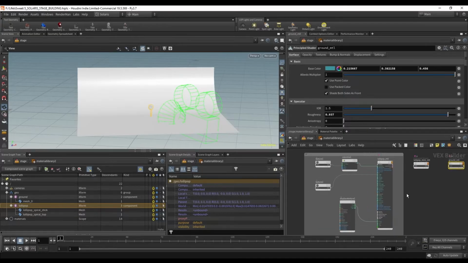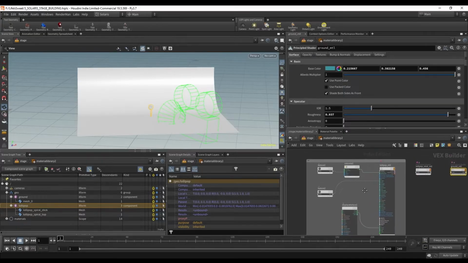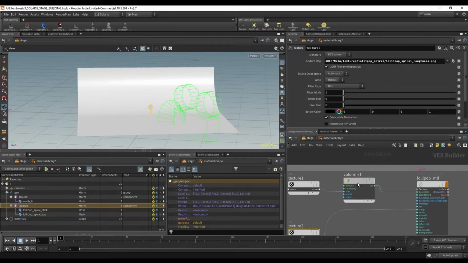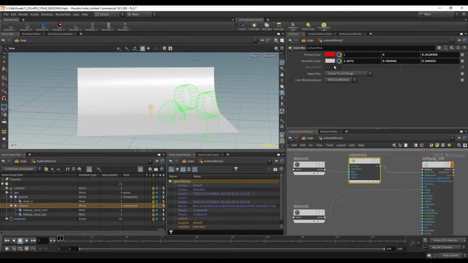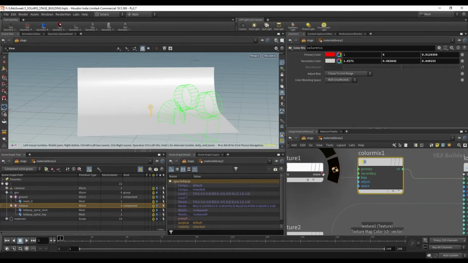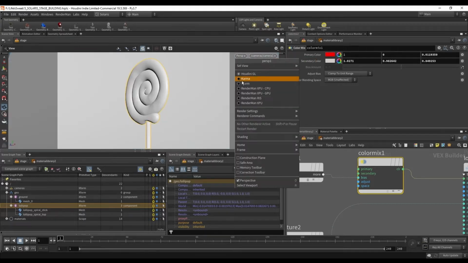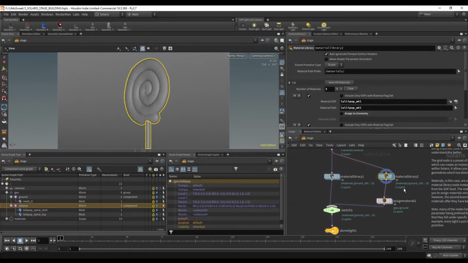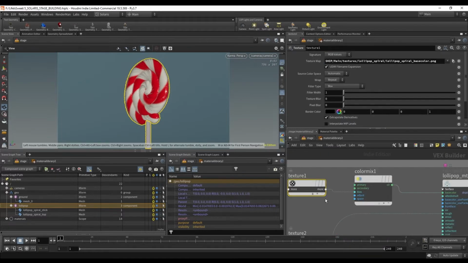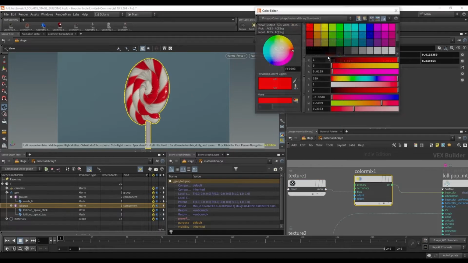This one on the left is a little bit more complex than the other two. And that's simply because we are using these two texture nodes over here and a color mix node to blend between two different colors. So this texture over here is just an image that I'm fetching from disk. It's just a black and white spiral pattern. And then I'm using it as a bias to blend between red and white. And so if I look at the lollipop through this camera and just do a Karma render view, setting my display flag on the assigned material, you'll see that that's what we have, right? That's all it's doing. So it's using the texture that's coming in as a mask to drive between two colors. So we can change the two colors if we want,